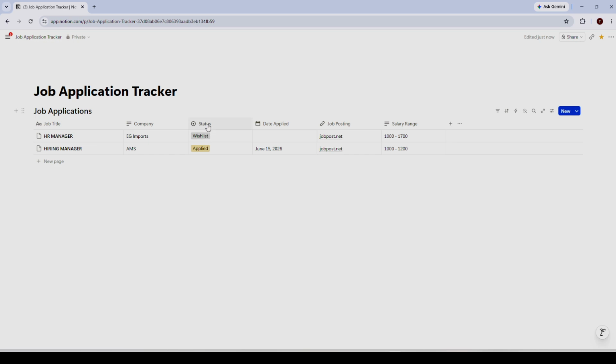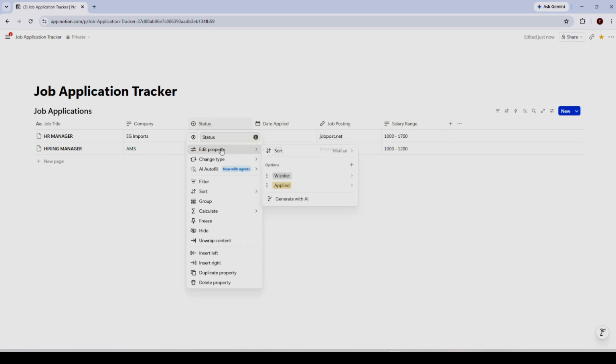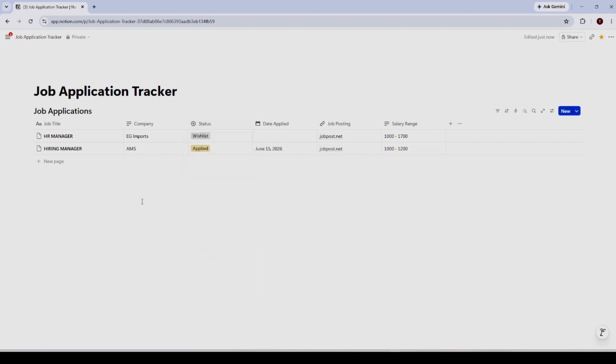Next, add a property called Status and choose the select property type. This is where the real power of your tracker begins. Click into that property and add options like wishlist, applied, phone screen, interview, offer, rejected, and withdrawn. You can customize these later, but having a clear set of stages helps you quickly understand where each application stands